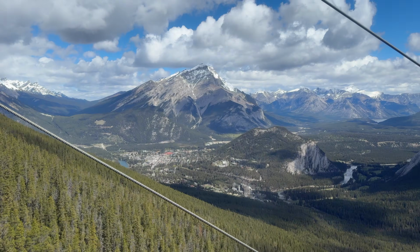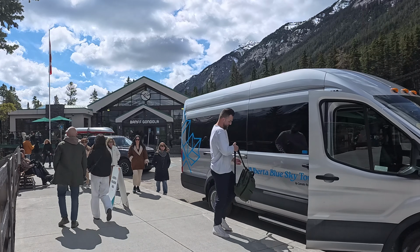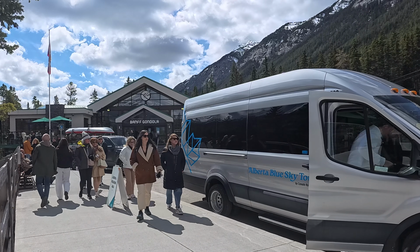And after about 2 hours, I head back down and get into the Alberta Blue Skies tour van for the next portion of the tour, but I'll be honest, my stomach was rumbling, which is a good thing I packed